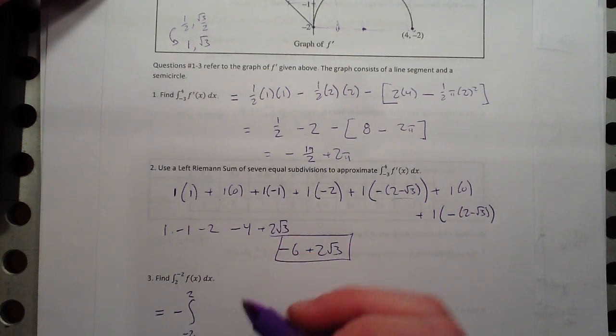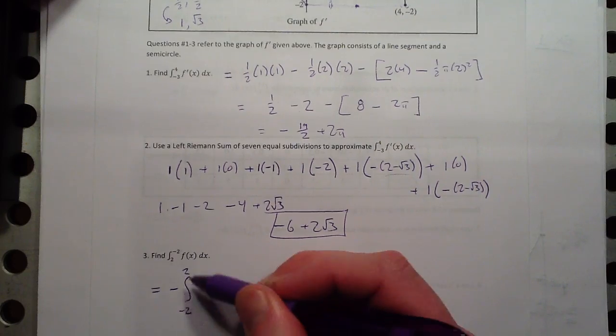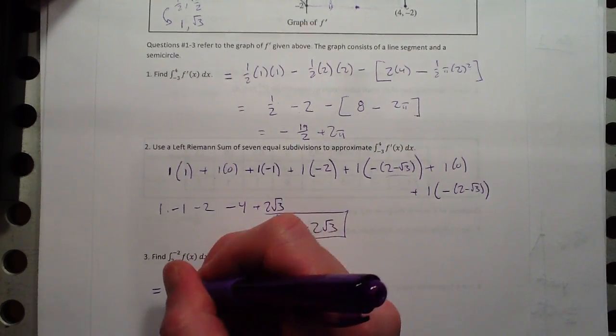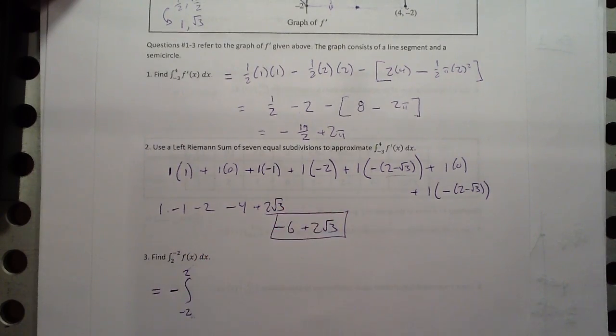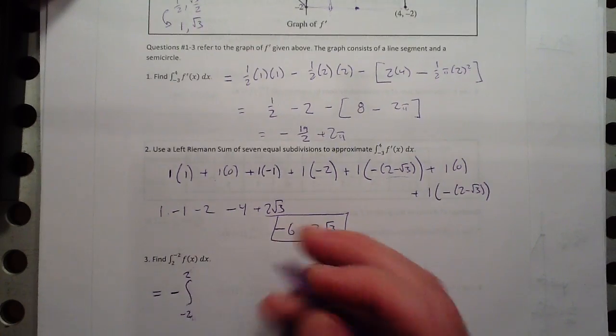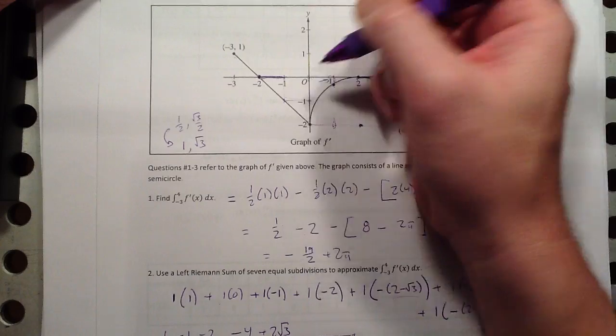That's the same as that. I don't know about you, but I just like to go ahead and get these in the right order, from left to right, from low to high, and then if it needs to be flipped, bring in a negative sign out there, then so be it. So we want to go from negative 2 to 2. Let's see, from negative 2 to 0